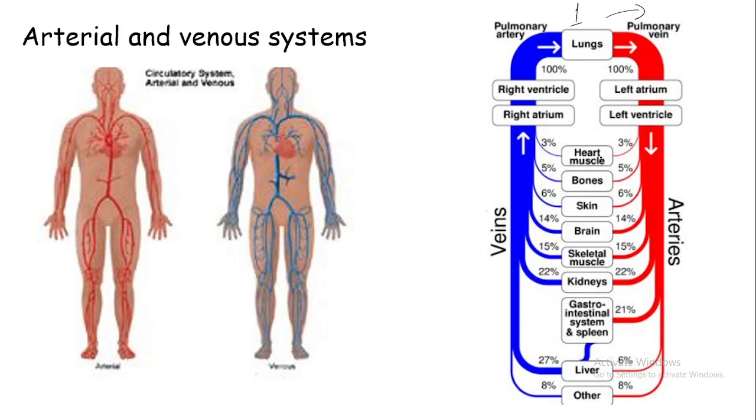Oxygenated blood goes to the heart muscle. 5% to the bones, 6% to the skin, 14% to the brain, 15% to the skeletal muscle, 22% to the kidneys, and 21% to the gastrointestinal system and spleen, 6% to the liver and other organs, 8% to the other organs. From all of these structures, a similar amount of